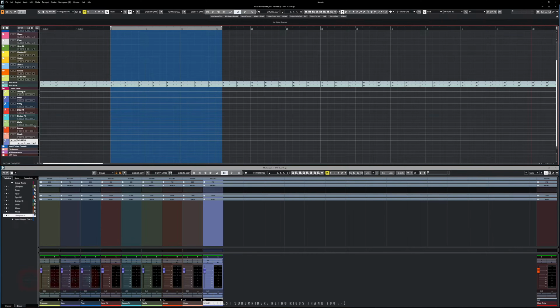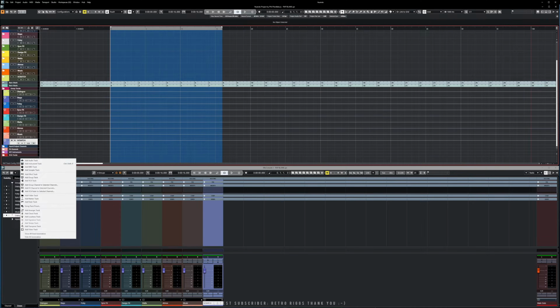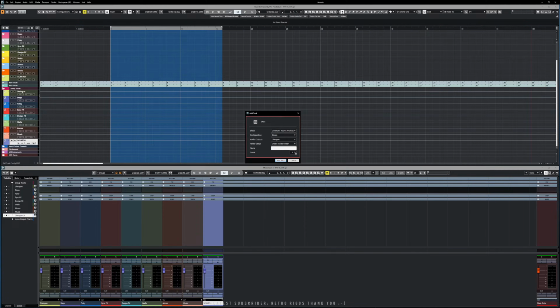I have actually got one of these that I've already set up. So we're going to load this in a second, but I just want to go through the process with you. All right, so the next thing I would do would be to add some kind of rough effects. Depending on what you're working on, you might find that the tracks have effects inserted. But in this case, I like to just have some basic effects, all ready to go. So we'll just, let's see,